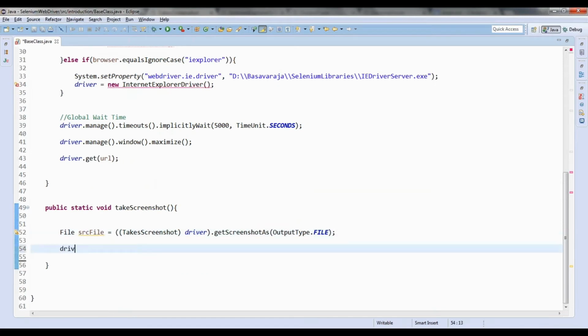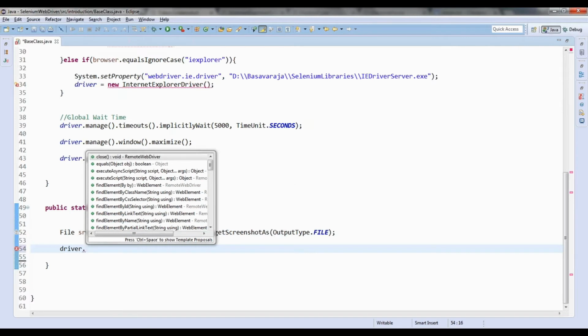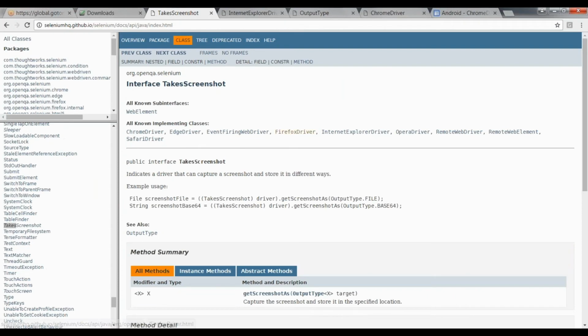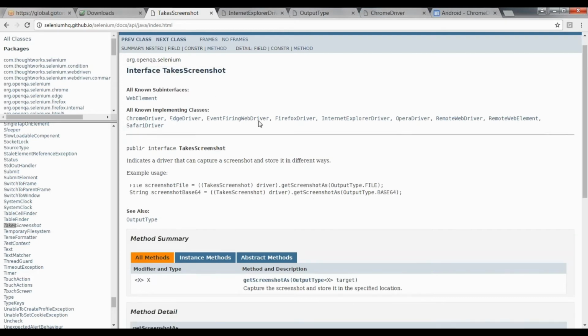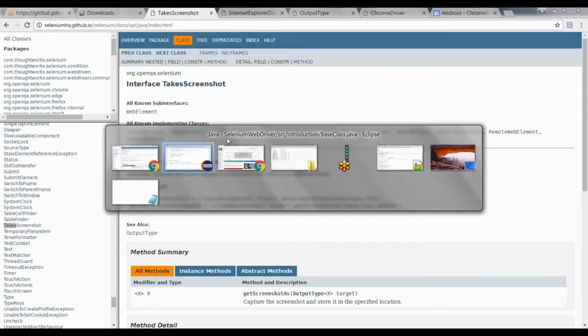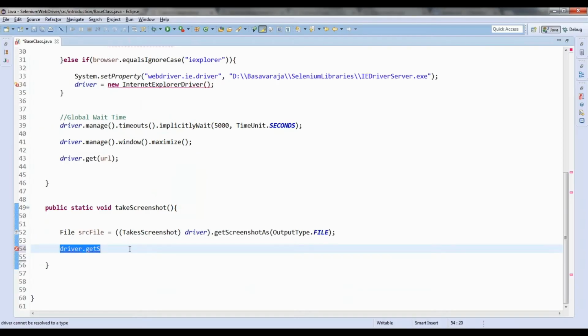I can directly do driver dot getScreenshotAs, because the Firefox driver or Chrome driver implements this interface. When you implement that interface, the complete methods of that interface will be implemented there. That's why I can directly access that with the driver.